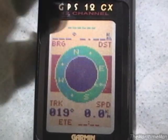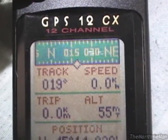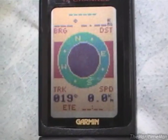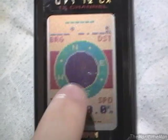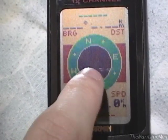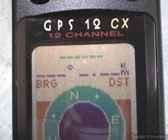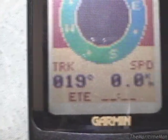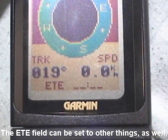So yes, if you aren't fond of the compass strip on the position page, you can use the round compass on the compass page. If you have this thing set to travel towards a waypoint or towards a city, an arrow will show up in the middle of the compass to point you towards it, just like newer Garmin GPSs. And when you're doing that, it'll show your bearing, your distance, and the name of the place you are traveling to. We have our track, our speed, and our estimated time remaining to travel to that point